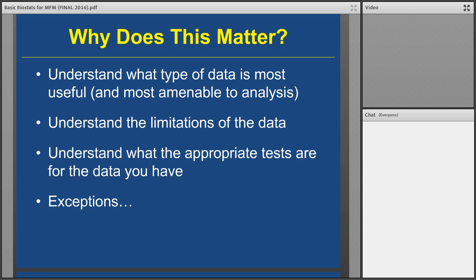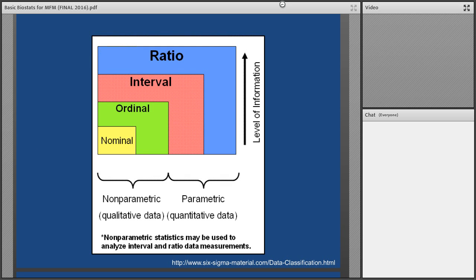Otherwise, and I think this comes up a lot when people are submitting papers, if they don't know why they're applying it and they don't know the exceptions, then they get pointed out by the reviewers and they have to go back to the drawing board. So this is a really nice visual of why this data is important and describing the data is important